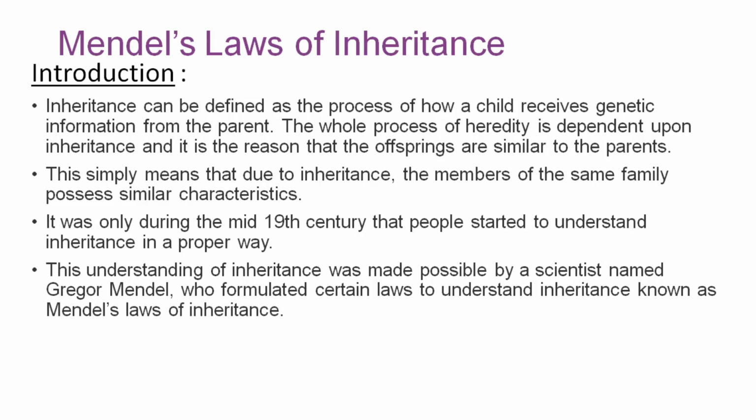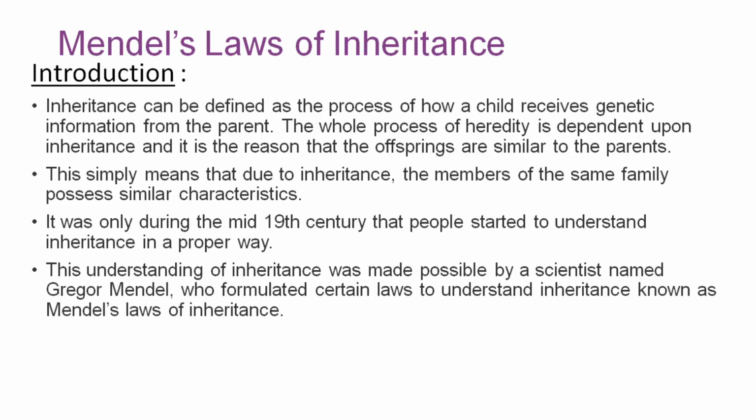Inheritance can be defined as the process by which a child receives genetic information from the parent. That means the genetic material is passed from one generation to the next. During the gametogenesis process, 50% of the parent's genetic material is passed to the next offspring. That means they get the same genetic material, which possesses similar characters. The whole process of heredity depends upon inheritance, and it is the reason that offspring are similar